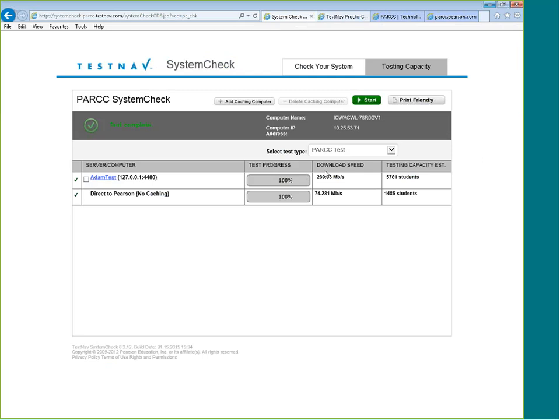Really quick, we can just see that, and this again is completely cheating since I'm running this from the same device, but we see that the testing capacity is around 6,000 students with a direct connection to the Proctor Caching machine, 1,500 students without it. Obviously, like I said, I was cheating here, but you can see typical numbers depending on your network as well.